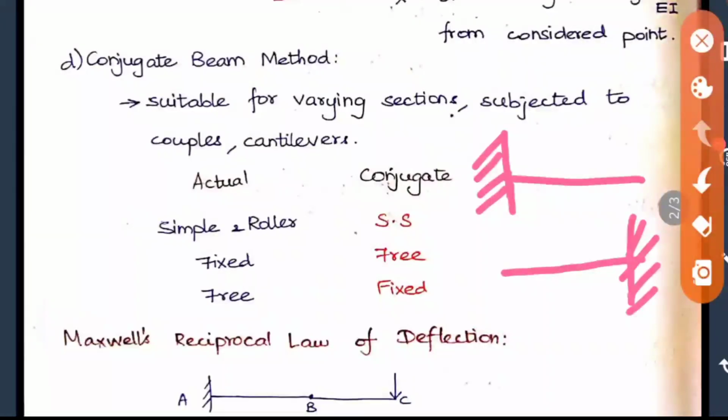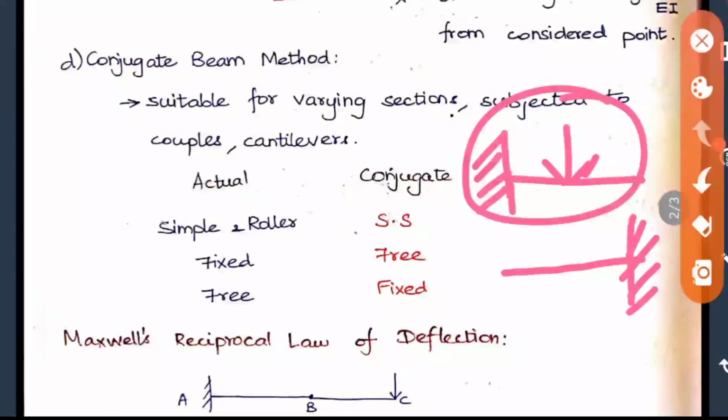Like this we will be changing. The load that is occurring, that we won't change, but for the same load we will be calculating the values for the moment and bending moment diagram, everything. In the conjugate beam, the load will be considered as M by EI. If W is given, the moment for this diagram we will be calculating, so that M by EI will be your load in the conjugate beam.